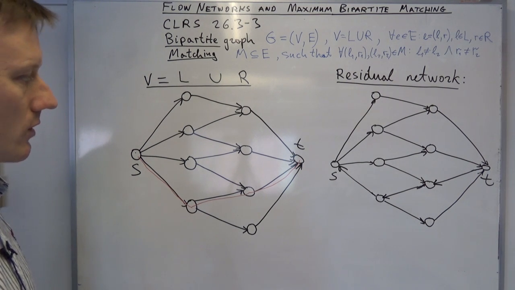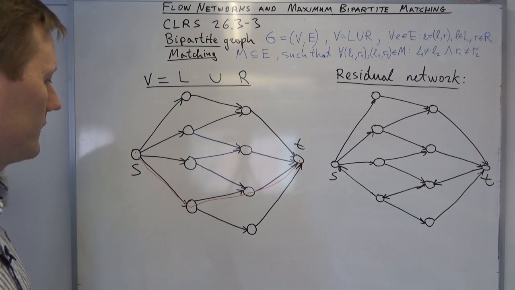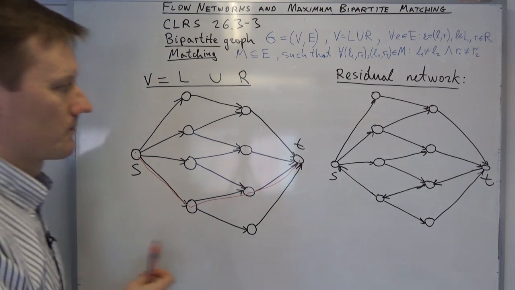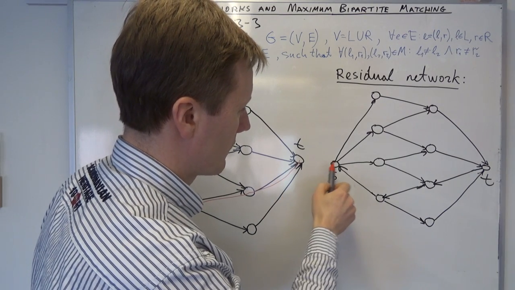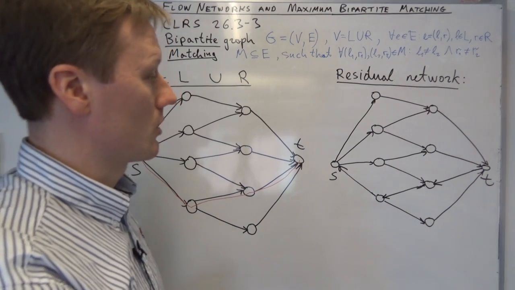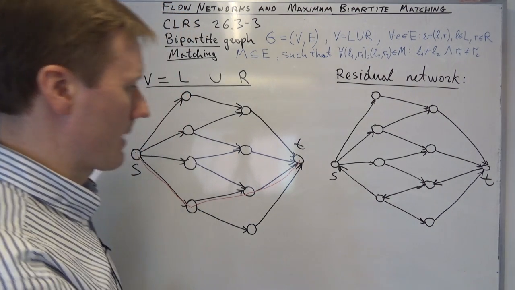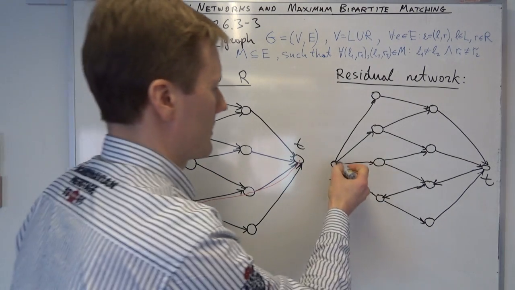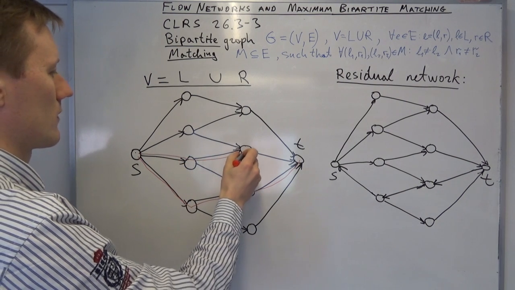The next iteration of a Ford-Fulkerson algorithm would again send flow along some augmenting path. And what kind of paths we have? We have still these paths of length 3. We have also one more path that we could send flow that is different from the other paths of length 3. We have, for example, this path that we could send flow. But the Edmonds-Karp implementation of Ford-Fulkerson would choose a path with the shortest length in terms of edges. So let's choose one of the paths of length 3. So let's send flow through, for example, this path here. So we send flow through this path, flow of 1 unit,